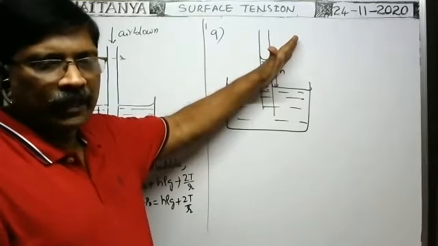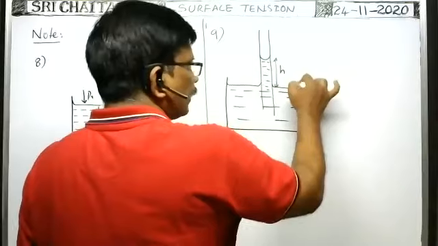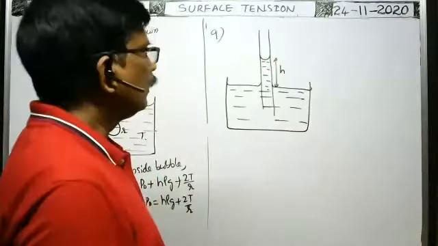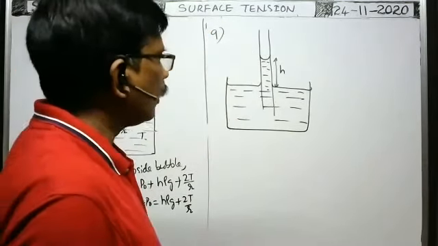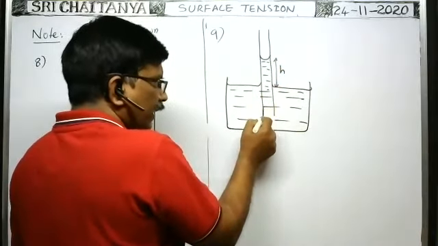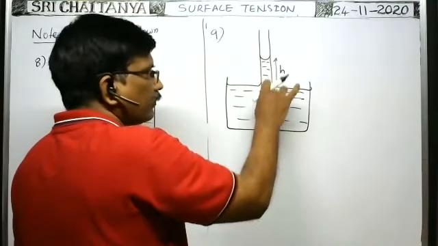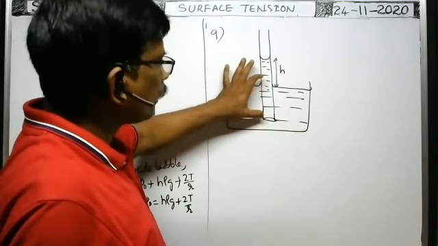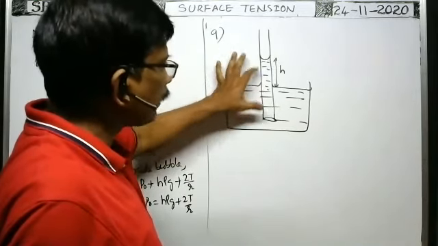Capillary rise means the vertical height of the liquid column only. That is the same. Even when the capillary tube is kept like this, the vertical height of the liquid column remains the same, but the length of the liquid column in the capillary tube will increase. Whenever the capillary tube is kept vertically, the capillary rise is equal to h. Now, the total length of the capillary tube inside the liquid is greater than the capillary rise.